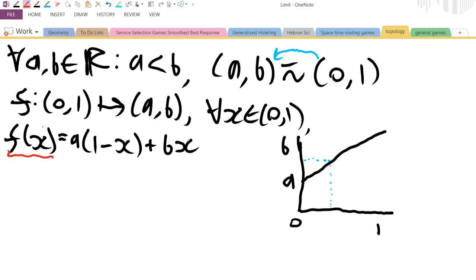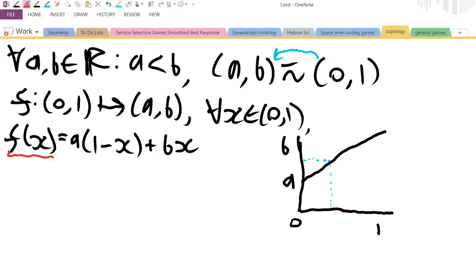Now, also, it should be clear from this diagram that this mapping is going to be sending open intervals between 0 and 1 to open intervals between A and B. So, in particular, let's say we've got some open interval here. Well, that's going to get mapped to,